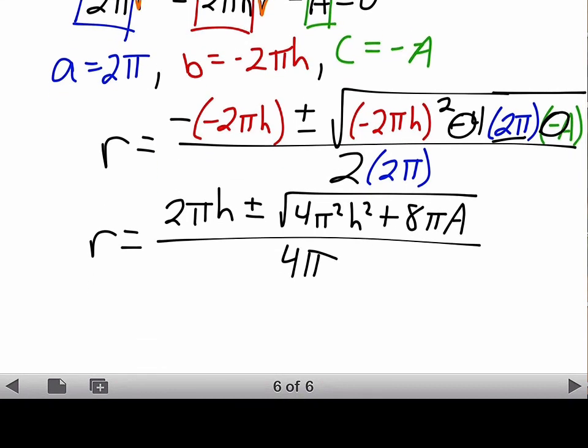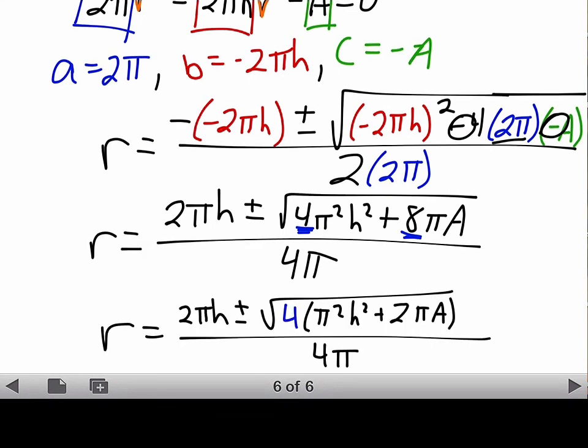Now, inside the radical, that discriminant, first, we're not going to talk about positive or negative or anything like that. What I am going to point out is that we have a factor of 4 in both terms. So we're going to factor that out, and it's going to end up looking like